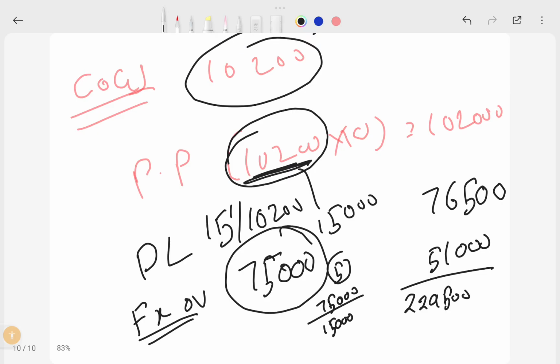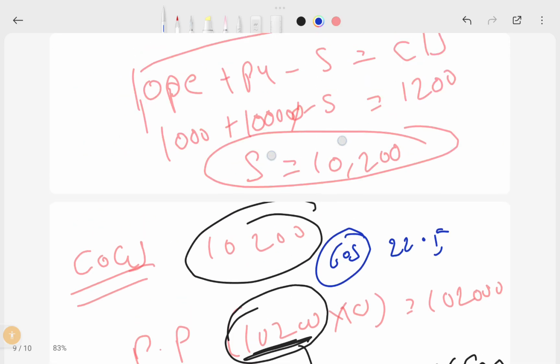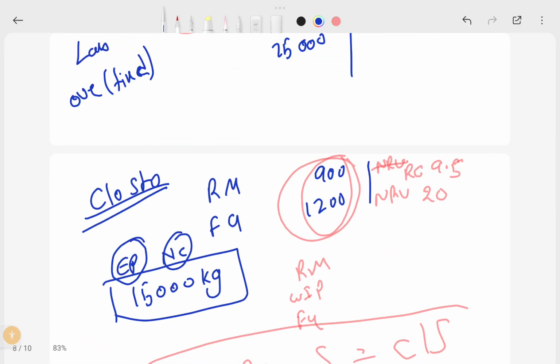So if you divide by this, the cost of your inventory is coming. The cost of each product, cost of goods sold for each product, is 22.5. In the question, they have given this NRV, and you have calculated cost 22.5, whichever is lower. So your cost of